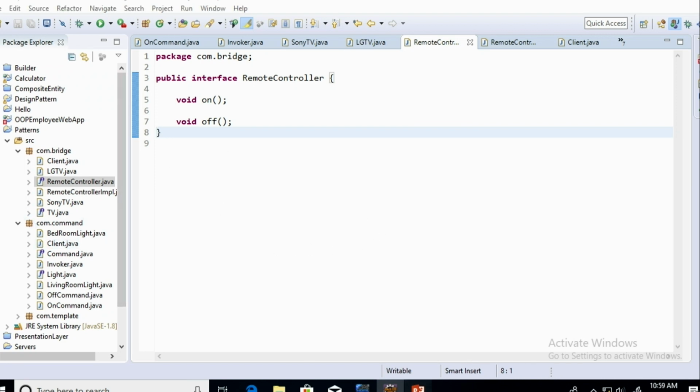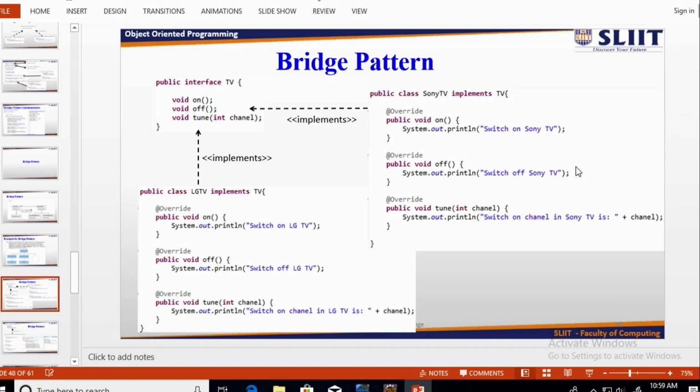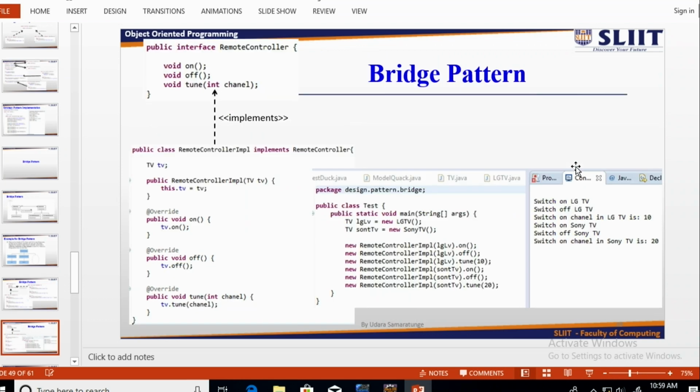So in this implementation, I think I explained with the same code, right? And there's another operation called tune. If you want, you can simply specify which channel you are going to tune with that, right? And the same way you can implement it like this. So this is the bridge pattern.